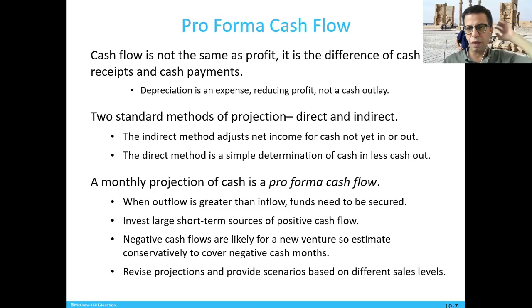So there are two things that you can do to increase your cash flow. One is direct and the other indirect. The indirect method adjusts the net income for cash not yet in or out. The second, the direct method, is simply determining the cash in and cash out. See, these are the two types you can use